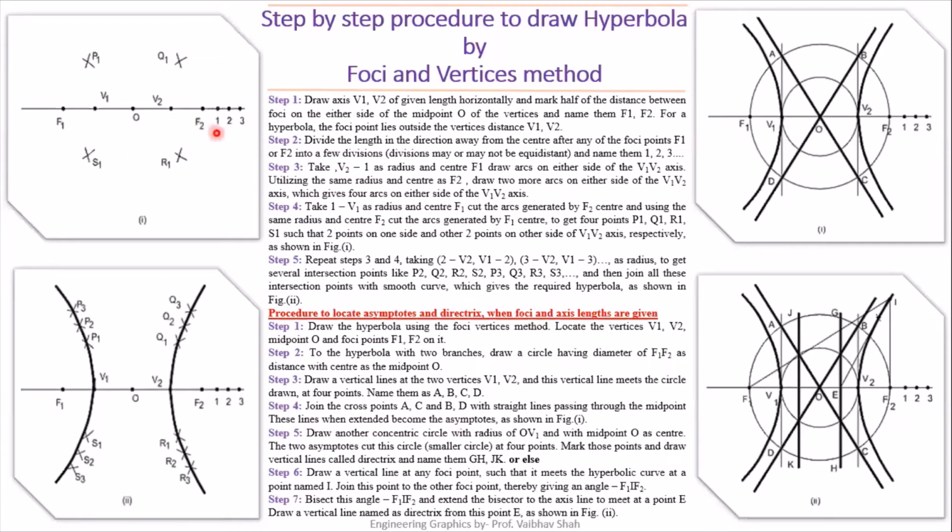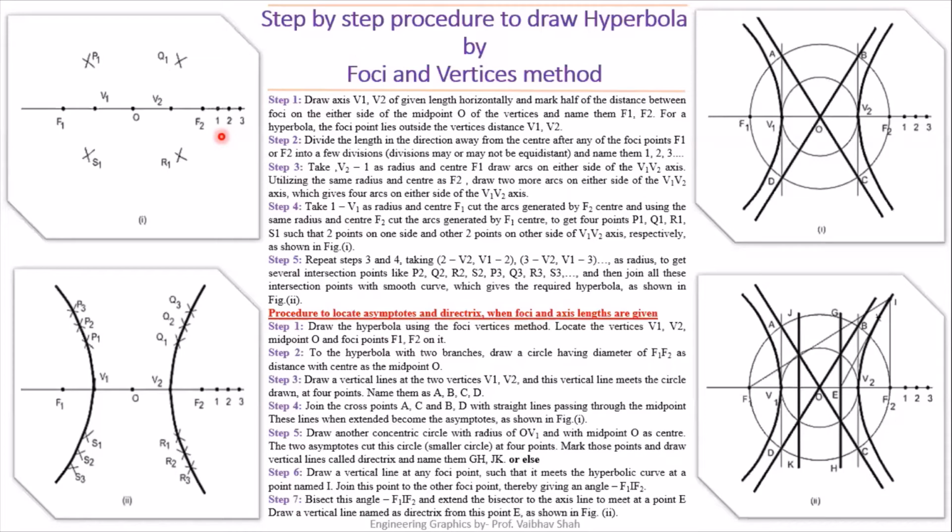Now, in this, we have to select any arbitrary number of points. These points may or may not be equidistant. So let us suppose we have selected these points 1, 2, 3 on the right hand side of your focal point F2. So this is point 1, 2 and 3. You can select them randomly, it's perfectly all right. Now after selecting these points, the actual process of drawing, the method of drawing an arc, begins.